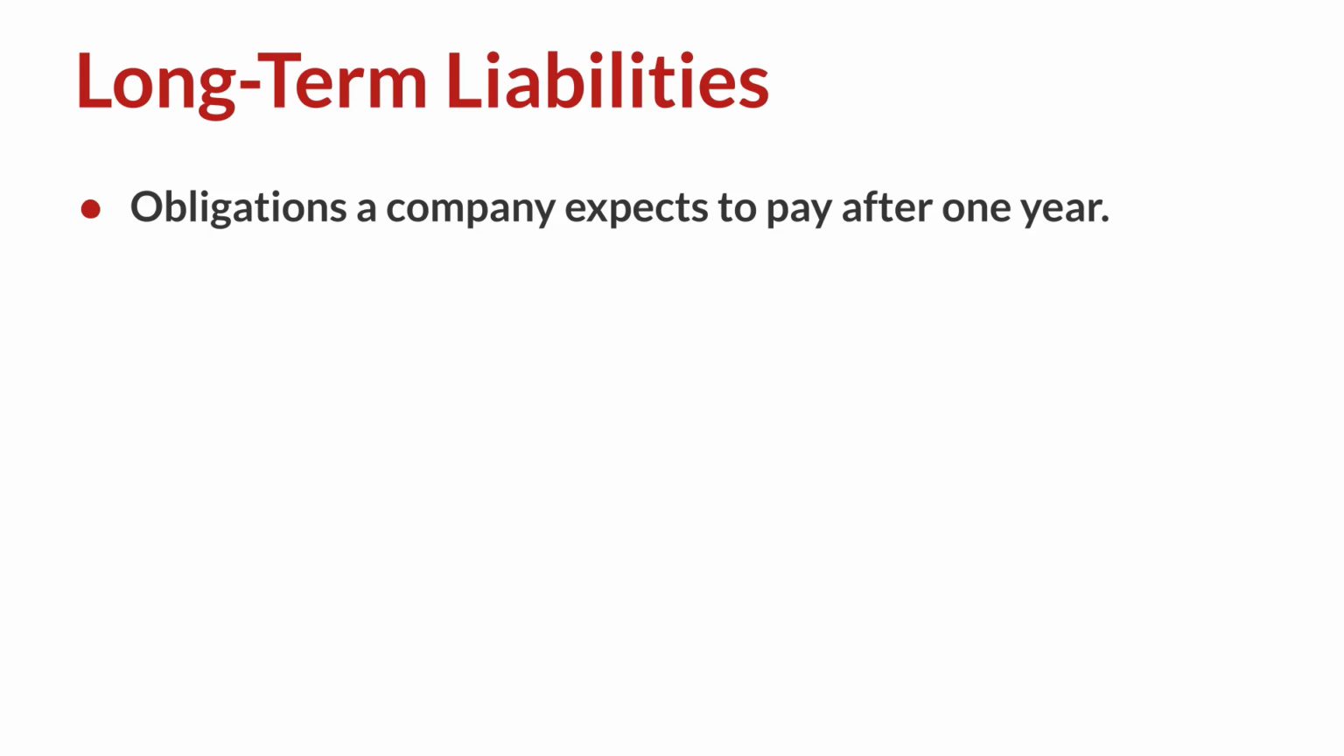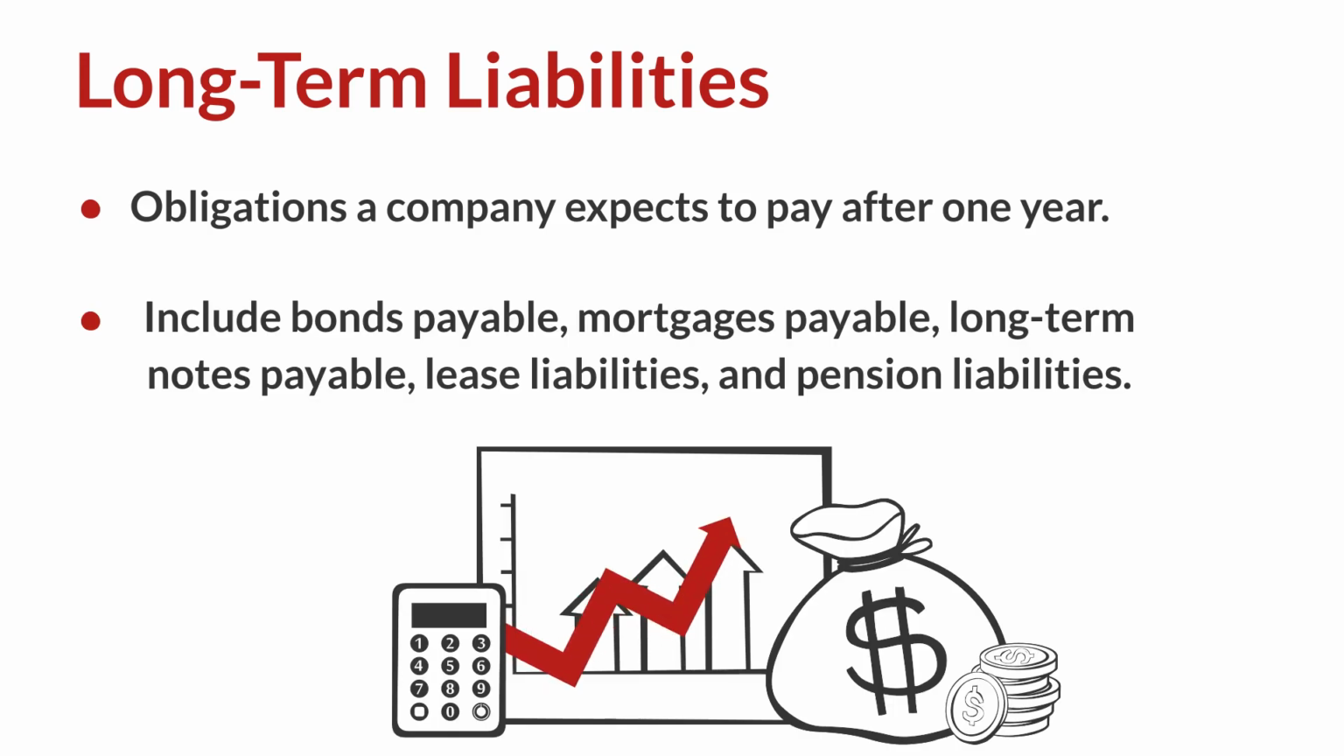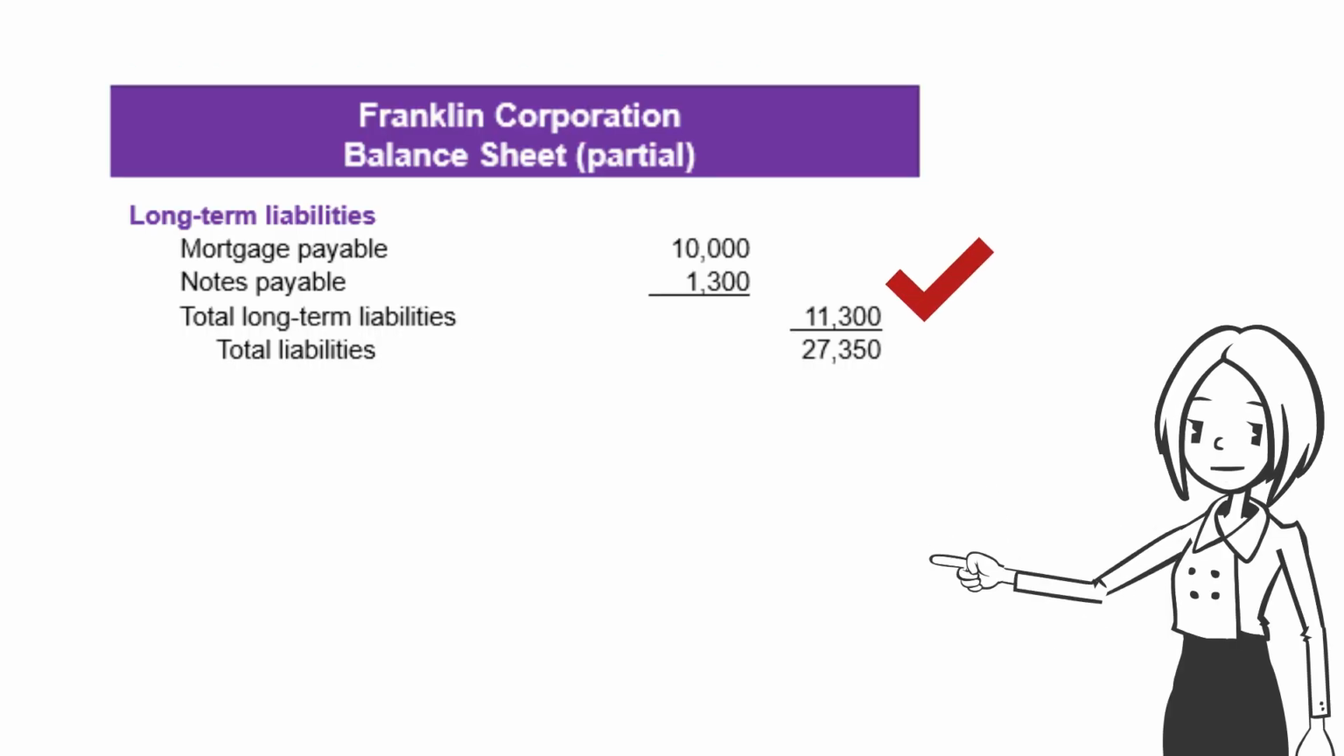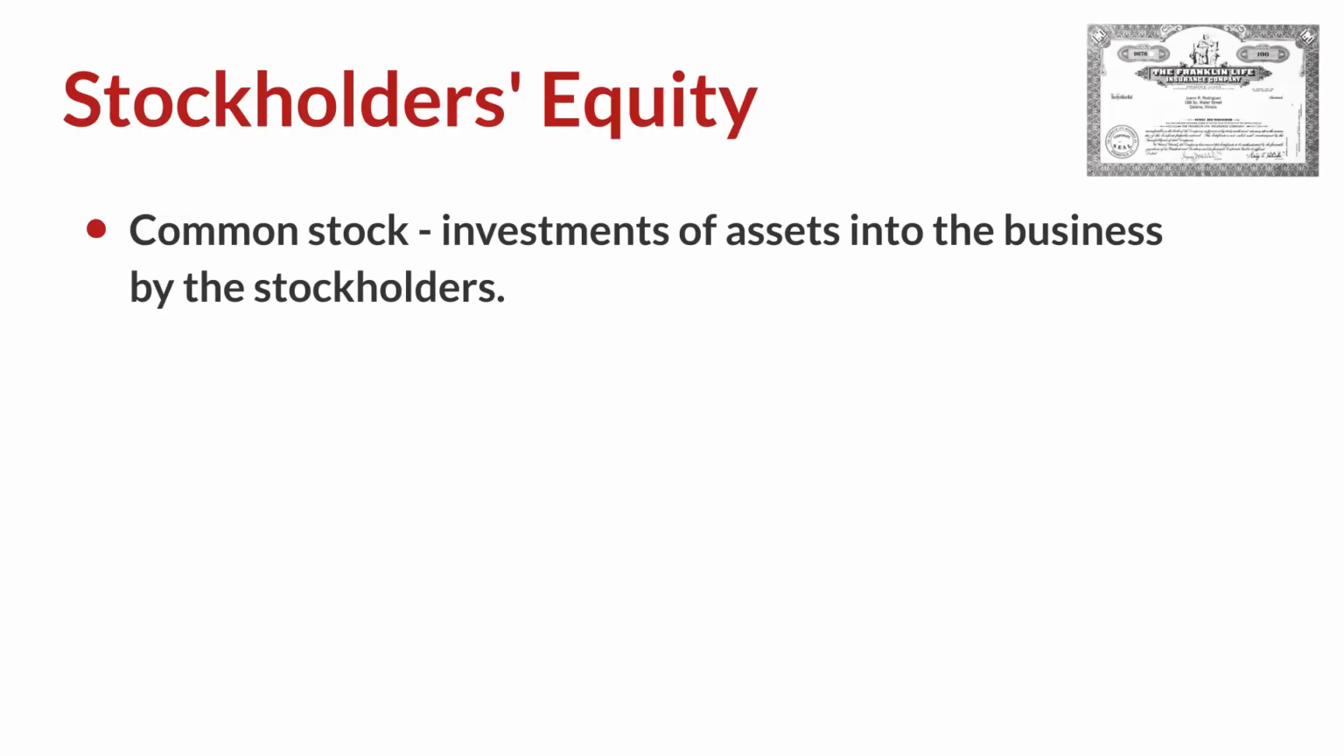Long-term liabilities are obligations that a company expects to pay after 1 year. Liabilities in this category include bonds payable, mortgages payable, long-term notes payable, lease liabilities, as well as pension liabilities. Franklin Corporation reported long-term liabilities of $11,300. Stockholders' equity consists of common stock, which is the amount paid into the business by the owners for shares